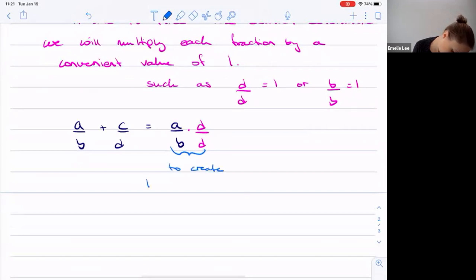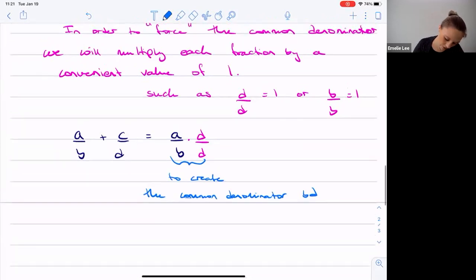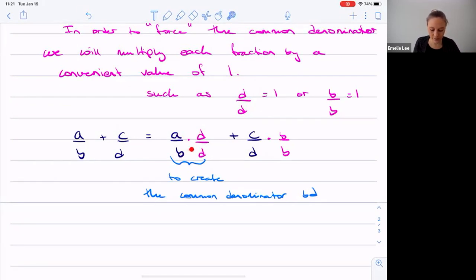to create the common denominator, which was bd. Right? That's what we decided it would be. So now I move on to the next term, plus c over d, and then again times a convenient value of 1, which in this case, I have a d, but I'm missing a b, so now I have to do times b over b. Okay. All right, so now I'm multiplying fractions,